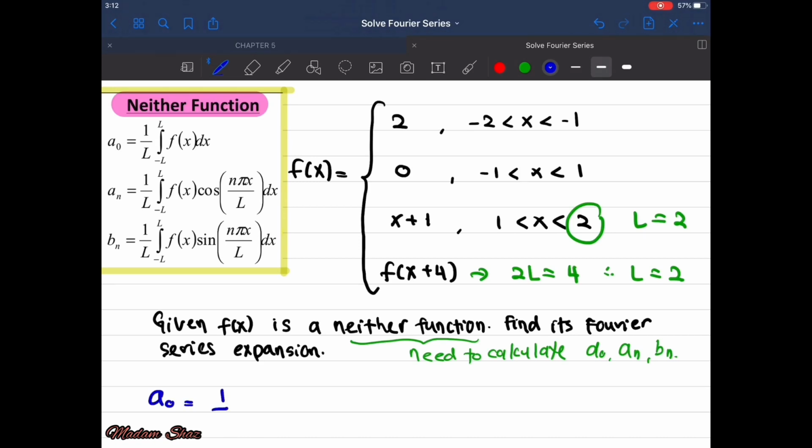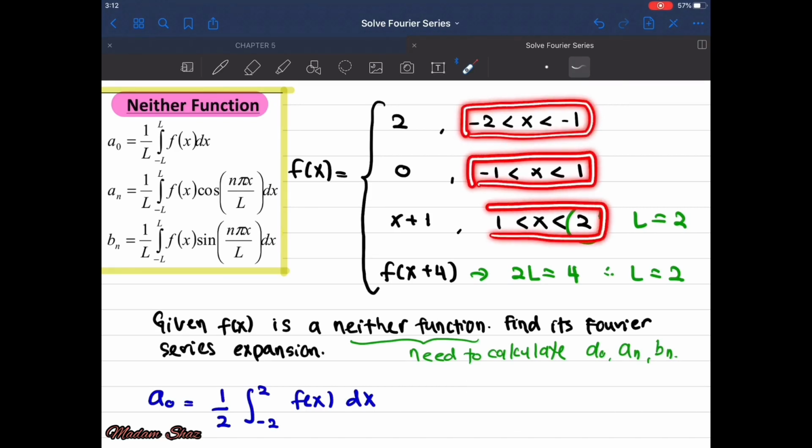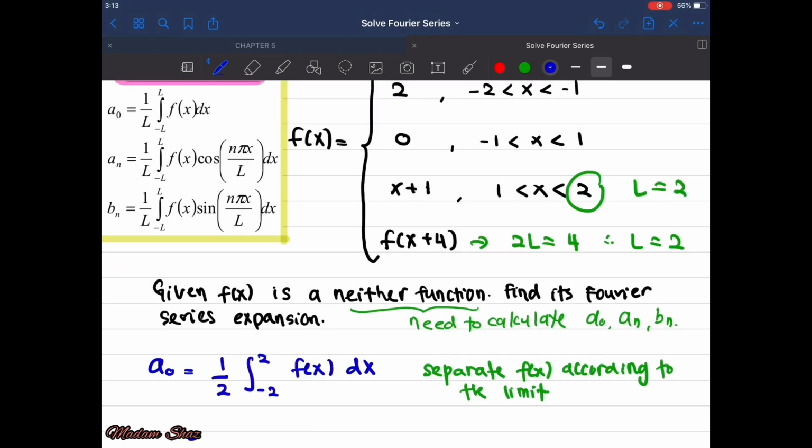a0 is equal to 1 over L, whereby our L is equal to 2. So 1 over 2 integrate from -2 until 2, f(x) dx. So we want to integrate from -L until L, whereby -2 until 2. So from the question here, you have -2 until -1, and then -1 until 1, and then 1 until 2. So it means that we have to separate our f(x) according to the given limits here. So for the first limit,